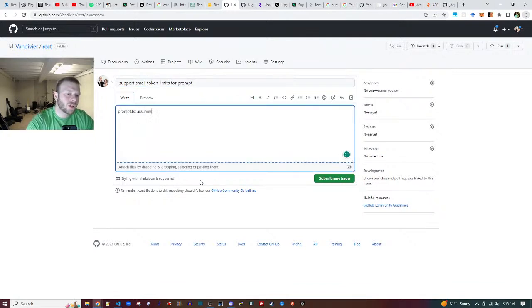Prompt.txt assumes the whole thing will fit inside the LLM token limit, but this won't scale. We need to chunk the logic so that our prompts fit within token limit.